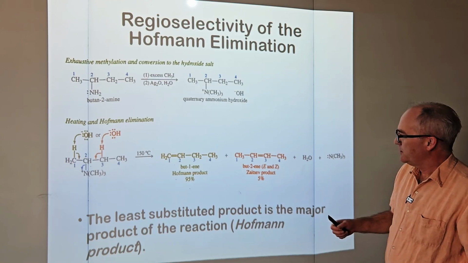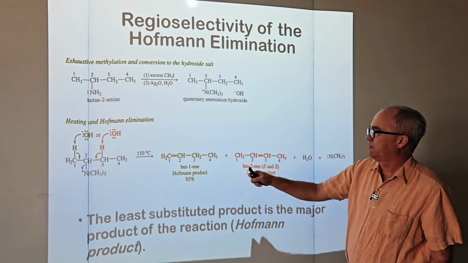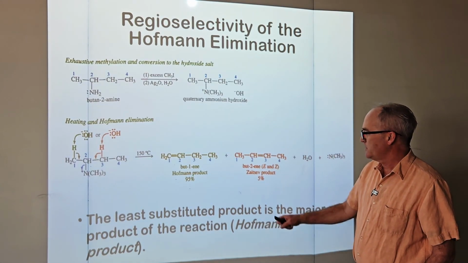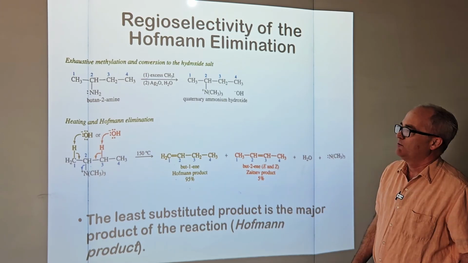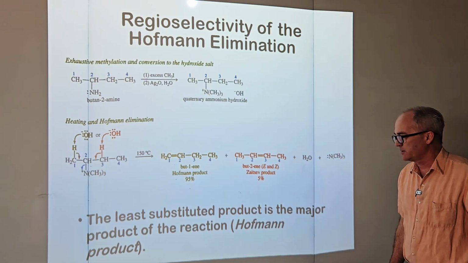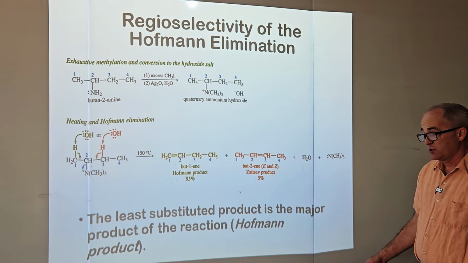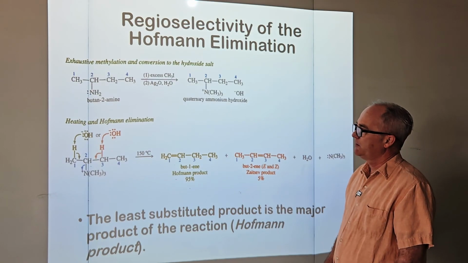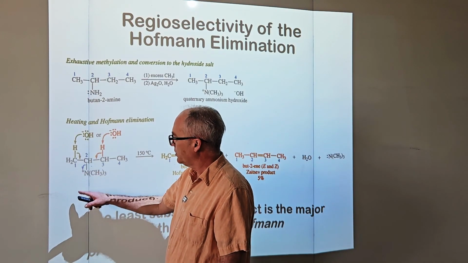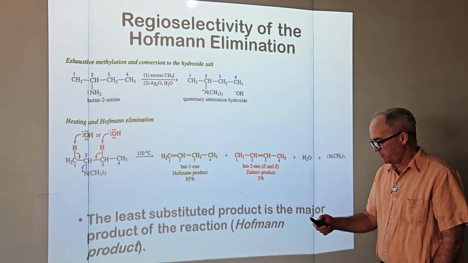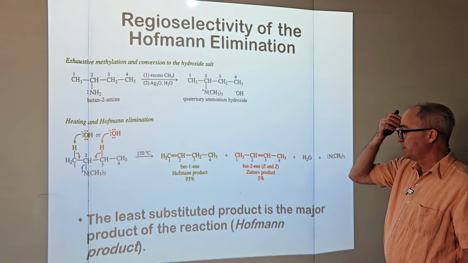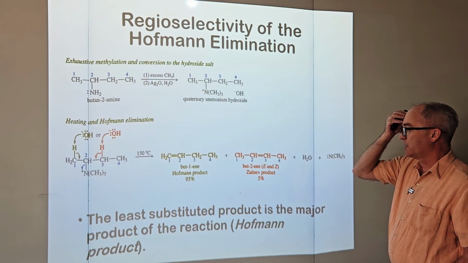So it's interesting. In the alkene chapter, the only way we could get the Hofmann product was with a bulky base. Otherwise, nature would give us this. What's going on here? It says the least substituted product is the major product of the reaction. And so we call it the Hofmann product. Now, can we come up with a rationale why that might be? This looks kind of bulky, so maybe it's a steric hindrance issue. And that's what it was when you'd use the t-butyl oxide on your alkyl halide and get the Hofmann product